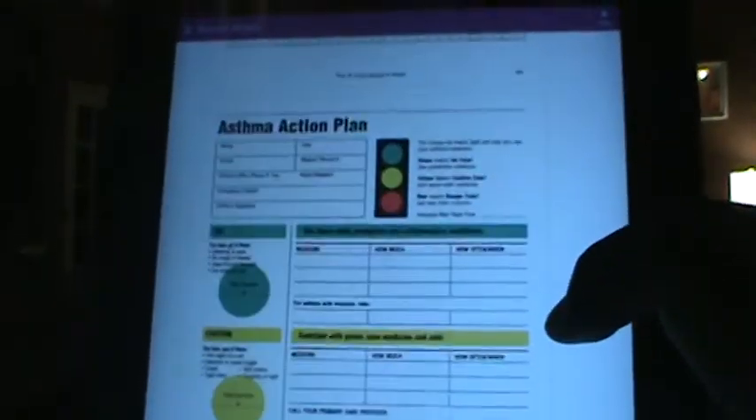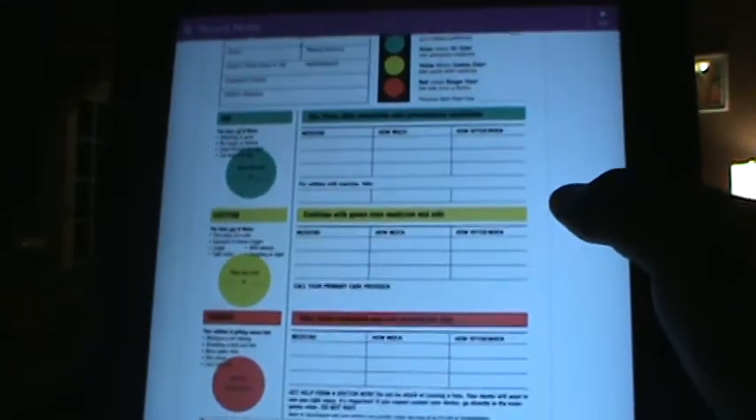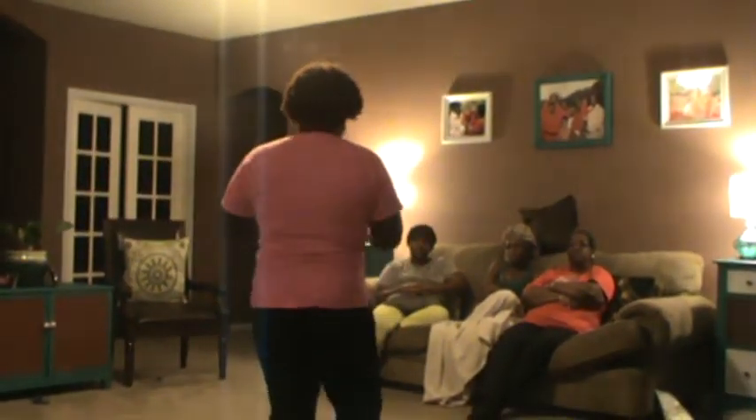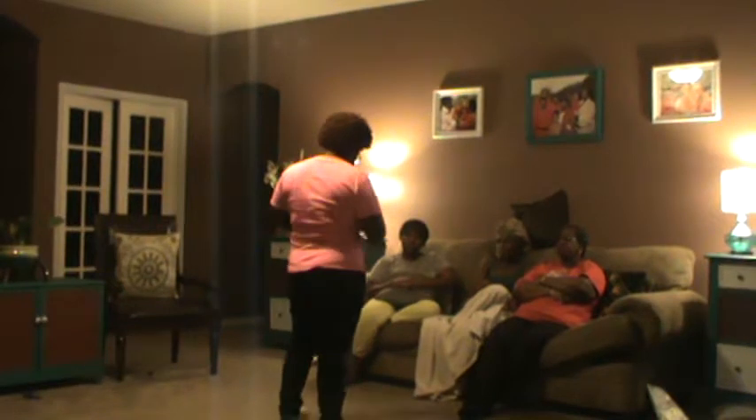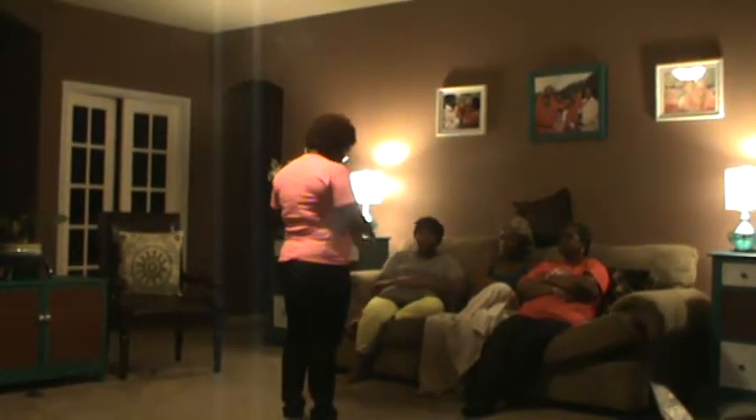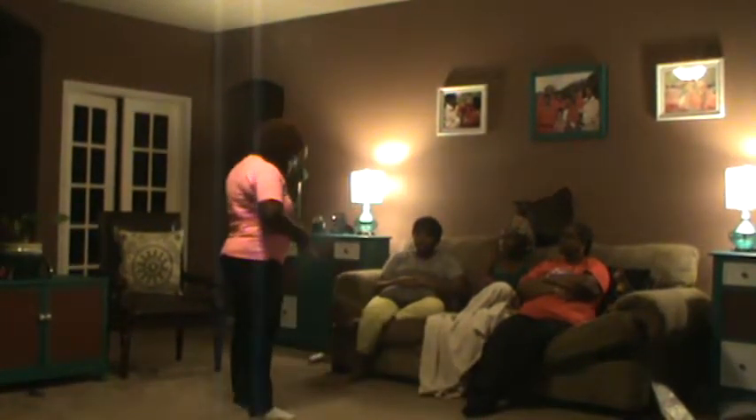You get that one? That's one. This is another. And this is another. Okay. So in case you can't see it, this is a copy of an asthma action plan, a color asthma